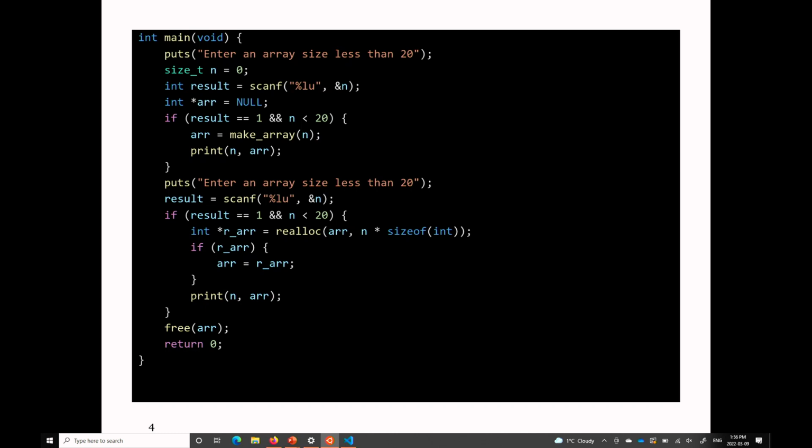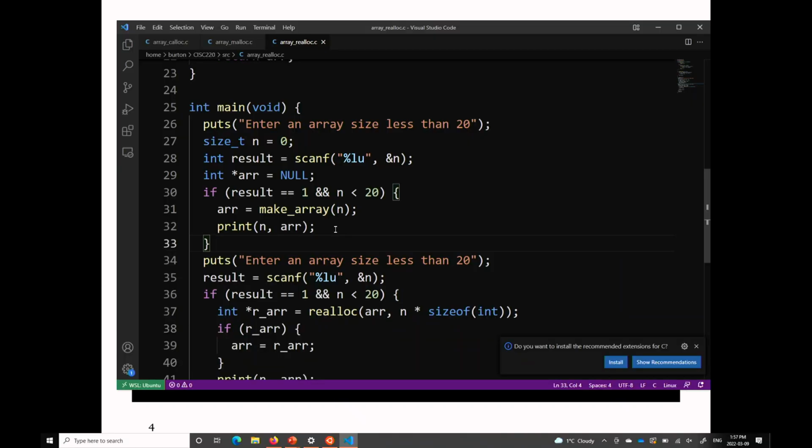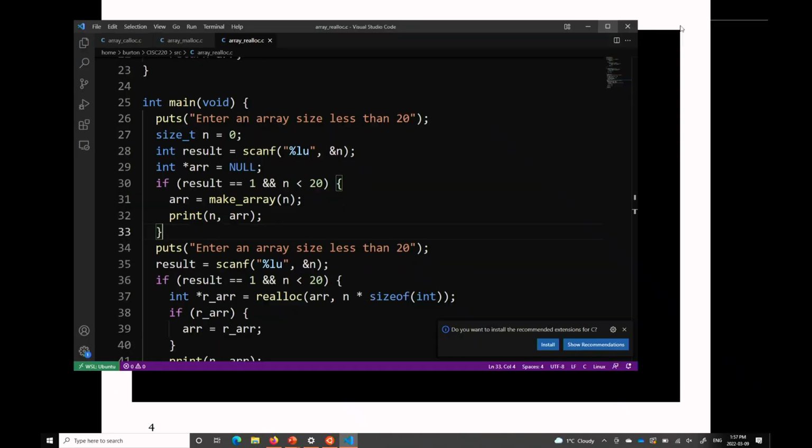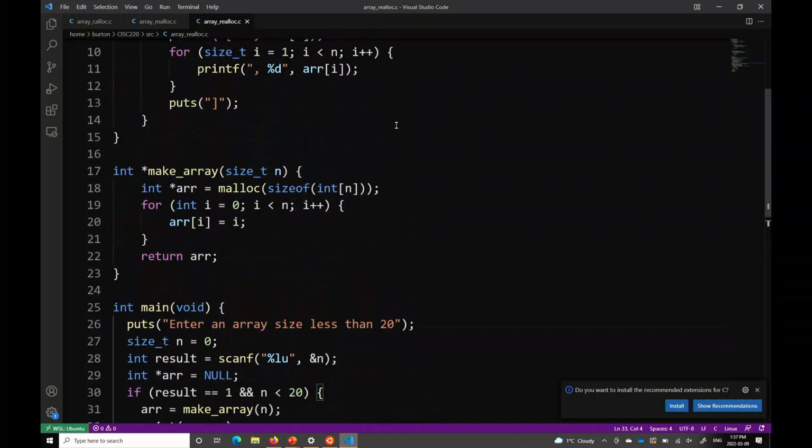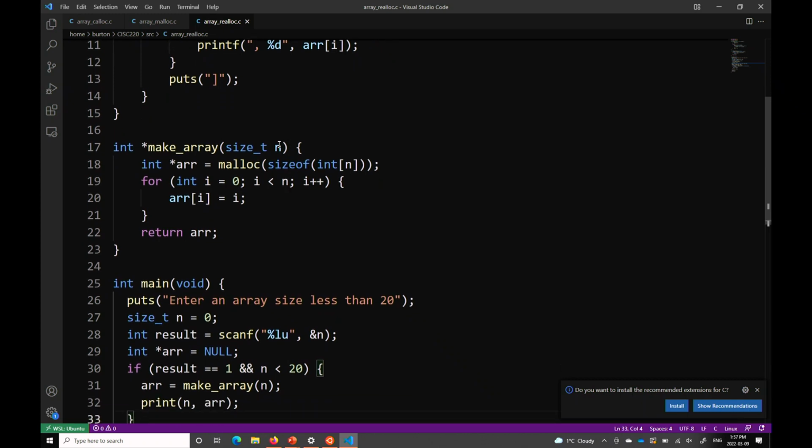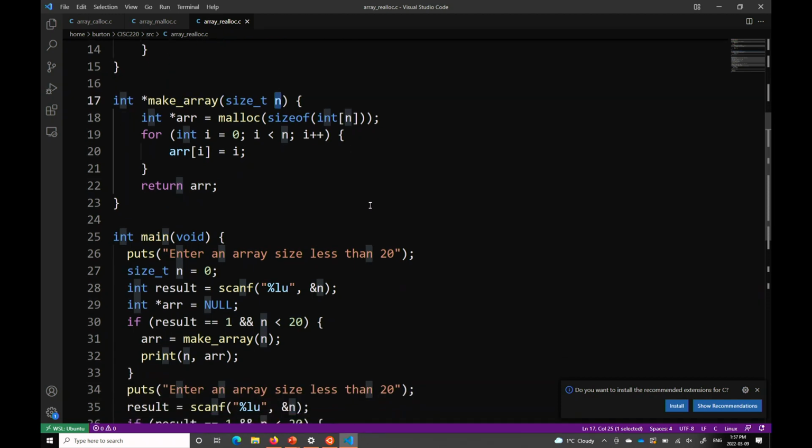Okay, so that's actually the end of the lecture slide, but that's not where we should end this lecture. So I'm going to pull up code instead. All right, so there's something funny about this make array function. It returns an array of size n, an array of int that can hold n elements. So when you call this function, right down here,